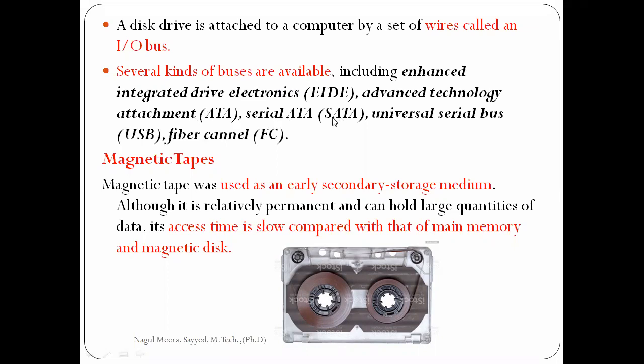Yes, SATA, serial advanced technology attachment. We are using this technology nowadays also. If you open our CPU, there is a red or blue cable, that is the SATA cable. After some years a new technology was developed, USB, universal serial bus, which we are using nowadays. Now the recent one is being developed, fiber cable, FC. This is a very fast technology, still in the developing stage. This is about the different types of IO buses.